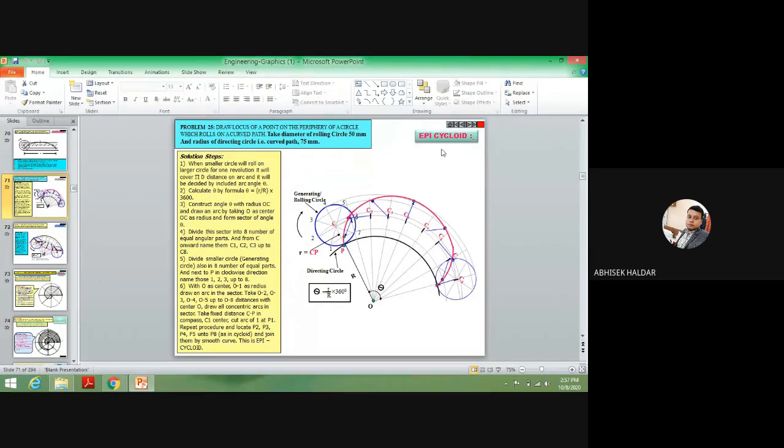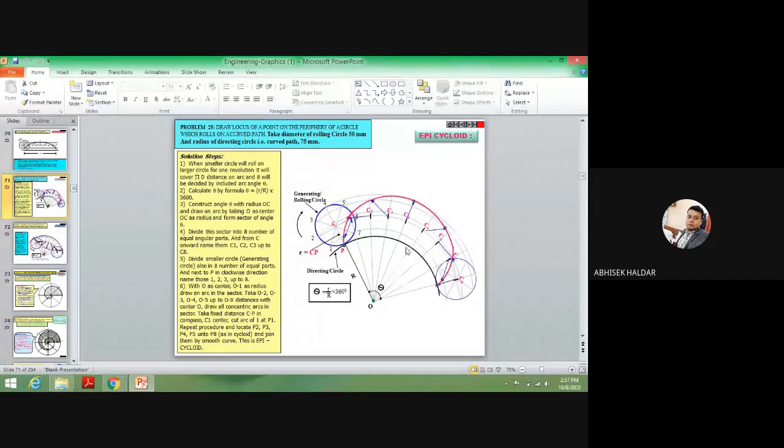The next curve is my epicycloid. What do you mean by epicycloid? Cycloid we have understood. In the cycloid, a single circle was rolling over a straight line. But here, don't panic just by seeing this type of curve over here. Each and every step will be explained. But I am just showing you that I have a circle which, in the case of cycloid, was rolling on a straight line. But here it will not roll on a straight line. It is rolling on a curved path.